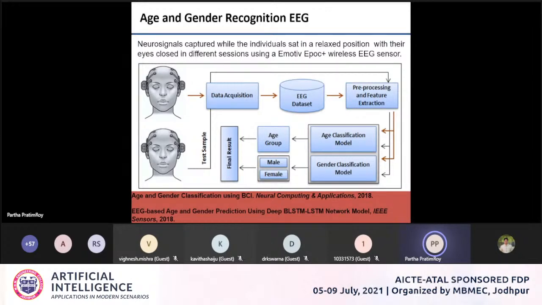For example, in this online domain, I do not see the participants. I also do not know the age or gender distributions of these participants, or whether you are really interested in this presentation or not, whether you are attentive or not. So how can I use this machine learning paradigm with EEG signals? How can we do that?